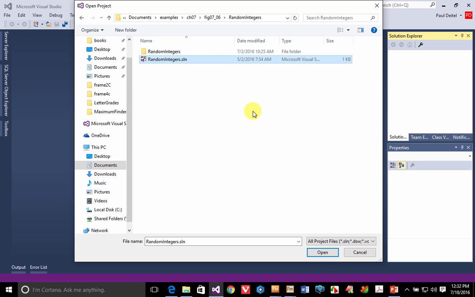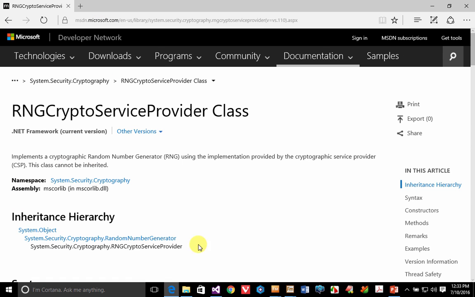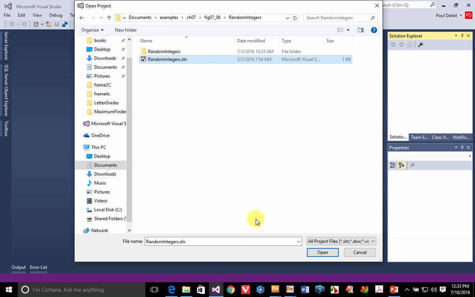If in fact you were producing, for example, online casino games, you want to make sure that you're using a random number generator that is not capable of being predicted. And for purposes like that, there are other classes built into the .NET framework, such as this RNGCryptoServiceProvider class, which can help you with cryptographically secure random number generation. That's beyond the scope of these LiveLessons videos, so we'll stick with the simpler Random class that we're going to begin introducing with the RandomIntegers example, and you'll find that under the